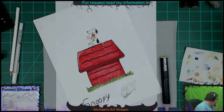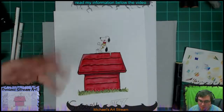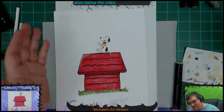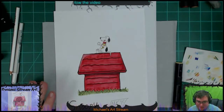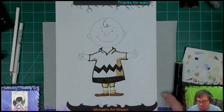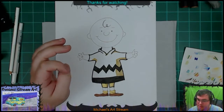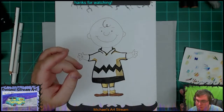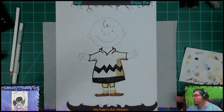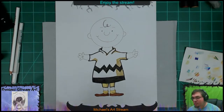That's my Snoopy that I did. I like to put my own twist on characters, so I always stick my tongue out, and I had to put Snoopy sticking his tongue out. But I think that I am going to be doing Lucy, Pigpen, Peppermint Patty, and I can't remember the other one's name. The guy that plays the piano. I'm going to try to do something with them as well at some point. I might do one big piece containing all of them, so...